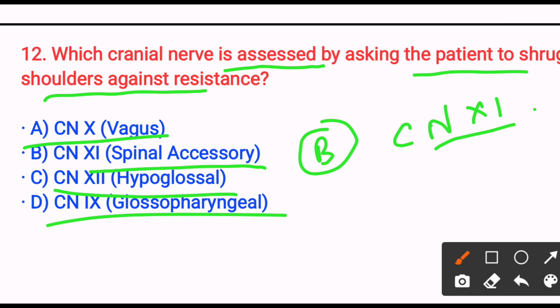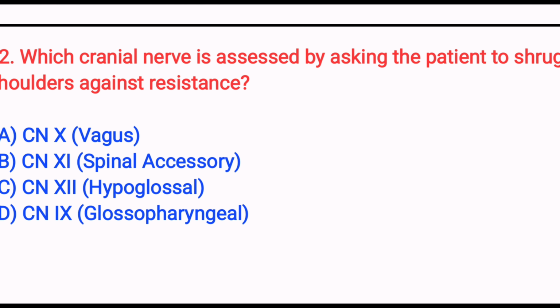It innervates the sternocleidomastoid and the trapezius muscle. Shrugging shoulders tests the trapezius function, and turning the head against resistance tests the sternocleidomastoid. So the answer will be option B. Next,